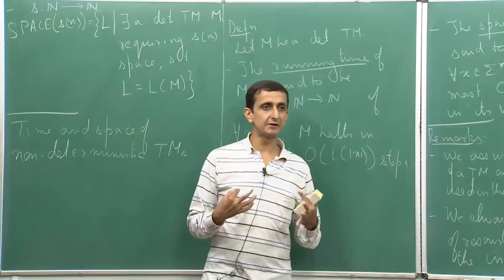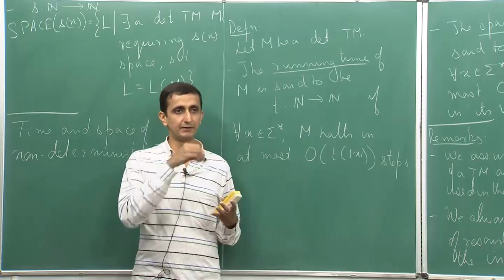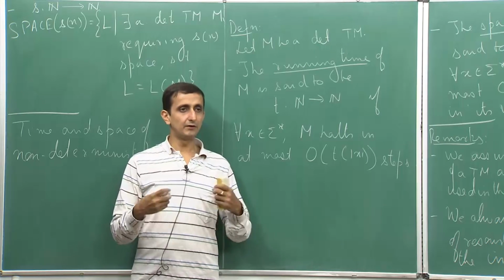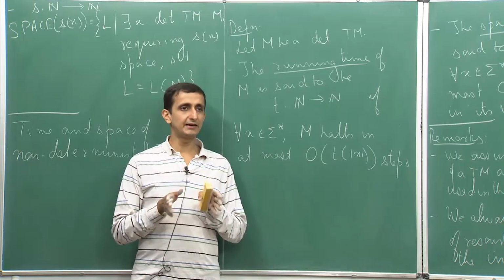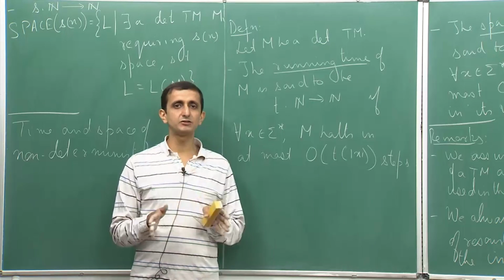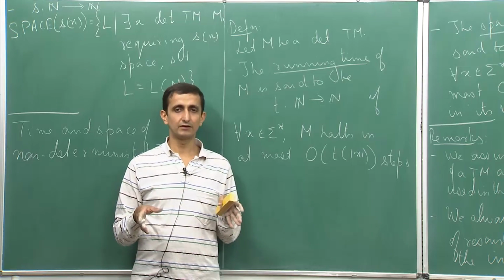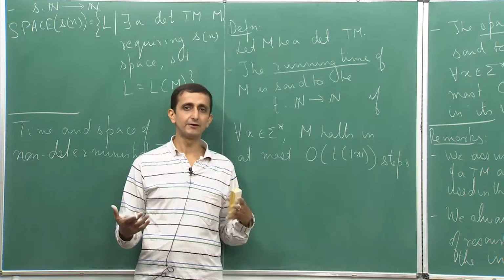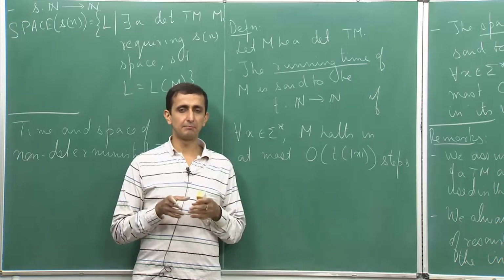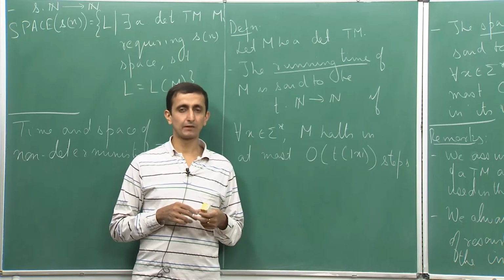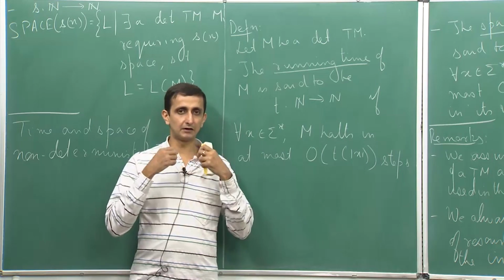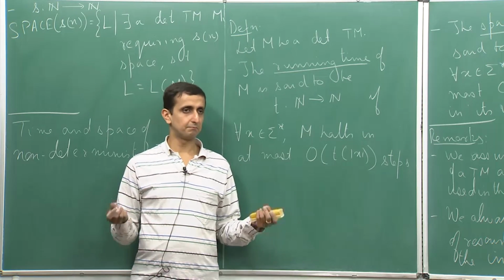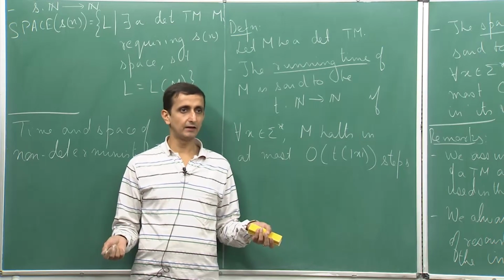So, how does a non-deterministic Turing machine behave? So, recall that in a non-deterministic Turing machine, the Turing machine can non-deterministically branch off at every step. Okay. So, at every step during its computation, it can non-deterministically decide to do maybe one of two different things. Okay. So, therefore, it will have more than one computation paths that will lead to an accept or a reject state, and